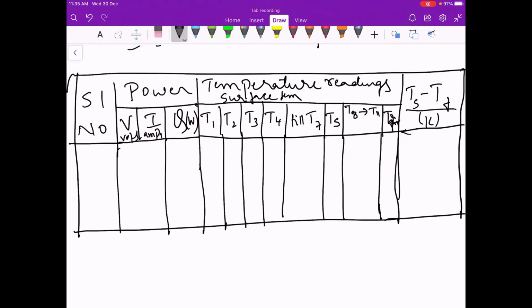You will be able to find out the value of h experimental and h theoretical. See that both your h experimental and h theoretical should be on par with each other, but there will be certain errors because of experimentation. So see that you make less error when you are doing the experimentation. Now we will try to understand the actual experimental setup. Okay, thank you.